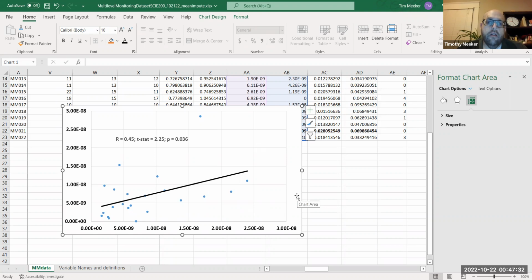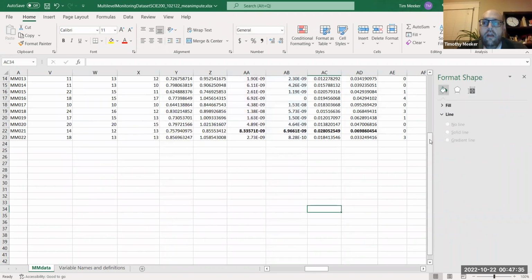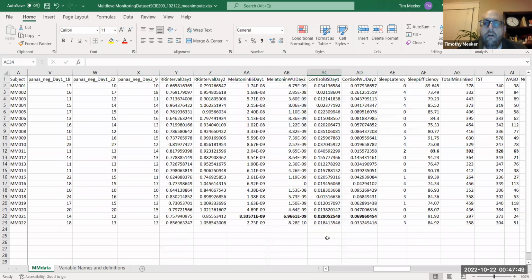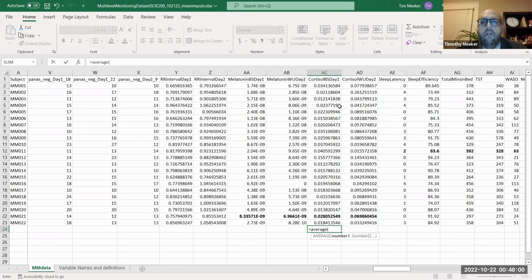So what we're going to do next is make the very simple, let me make sure that I'm sharing correctly. Yep, I'm sharing the correct screen. I'm going to make the very simple bar graph that shows cortisol and the standard deviation of cortisol. So do the average. Average equals, I highlight the whole row, and you can see that the text of that is equals average AC2